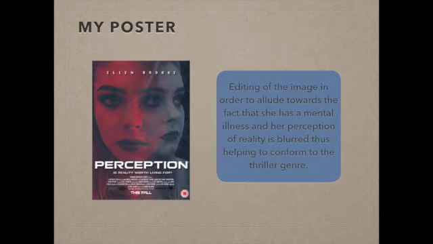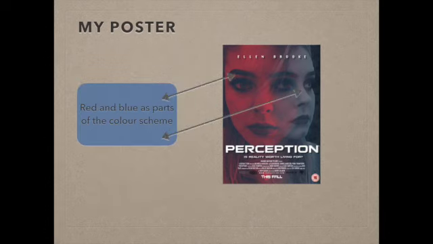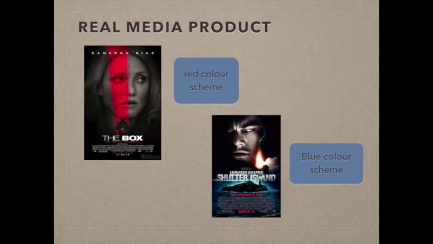The way in which I have edited the poster to allude towards the fact my central protagonist is not mentally stable but has a mental health condition is conventional to the thriller genre, and more specifically our subgenre, the psychological thriller genre. The editing of the images uses two main colours, blue and red. From looking at other film posters you are also able to see the way in which they use blue and red as conventional colours. Red connotes danger, thus proving that the way in which I have used a red gradient mask within my poster is conventional to the thriller genre.